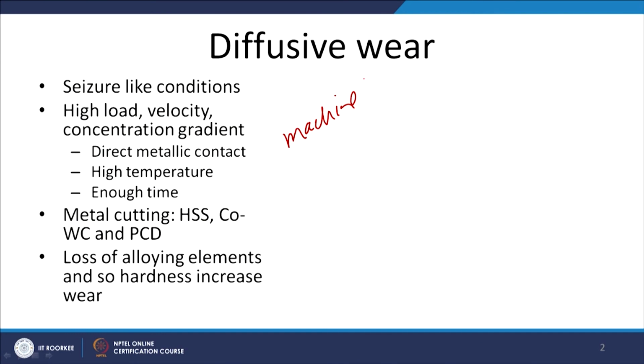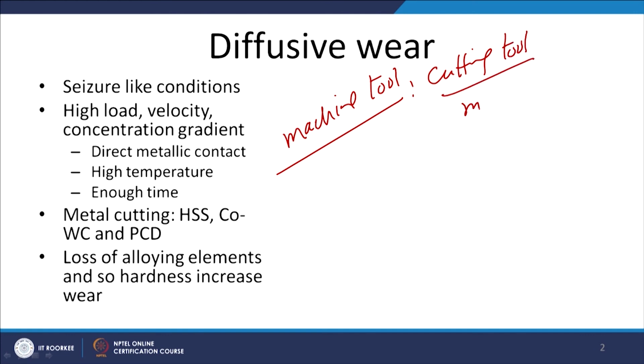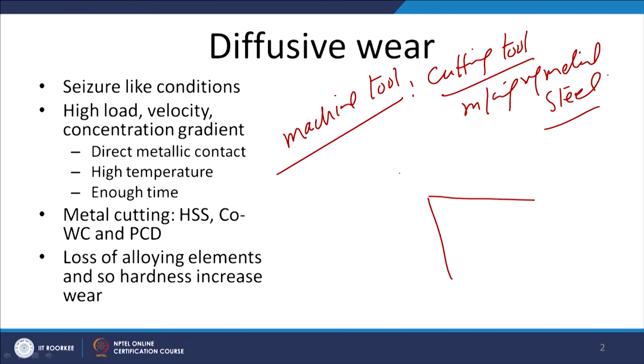Now, we will see a typical engineering component which is called a machine tool, where the cutting tools are used for machining of metals like steel, cast iron, etc. So, this is a tool. During the machining, it applies force onto the workpiece. By shearing action, material is removed, and because of the application of the forces,